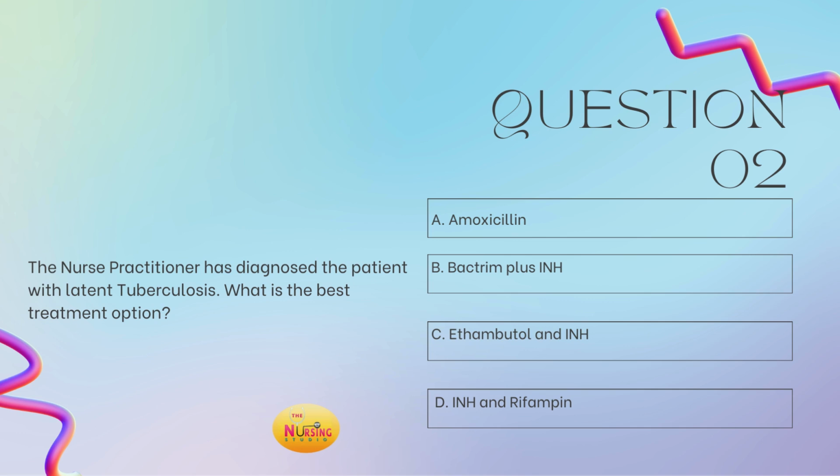Okay. So make sure y'all know latent versus active, so that if you see a question like this and they're giving you this patient and it's presenting in this fashion, they're asymptomatic, PPD is positive, chest x-ray is negative, sputum culture is negative, so you know what to do. You still need to treat them, but know how to treat them. Okay. So don't let that trip you up. All right. And then lastly, question number 3,